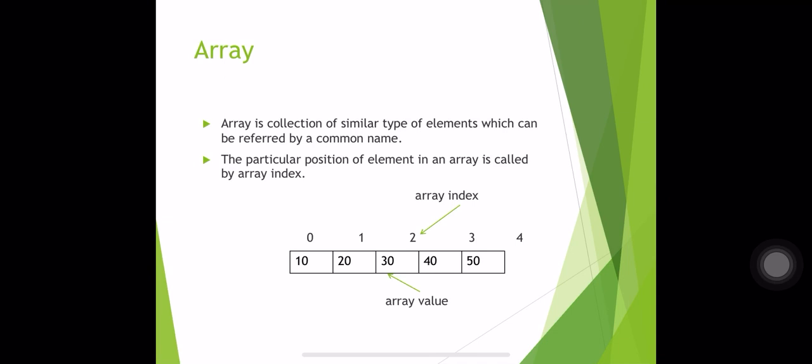In the table given below, an array is created with values 10, 20, 30, 40 and 50, and 0, 1, 2, 3 and 4 are the indexes of the array. So here the size of the array is 5 and the index values start from 0 till 4. Okay, so let's see now how to declare an array.